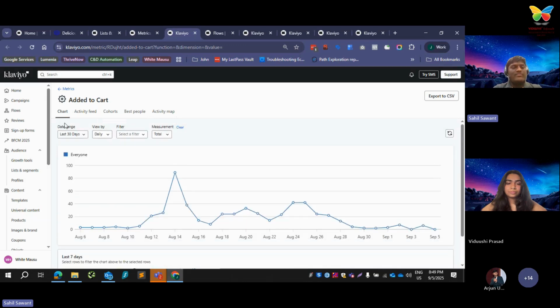Here you will find date range and view by. You can find daily, weekly, or monthly views of the users. You can even create a filter here, where and by. Second, measurement. Here you can find total, unique, and value. On the top,